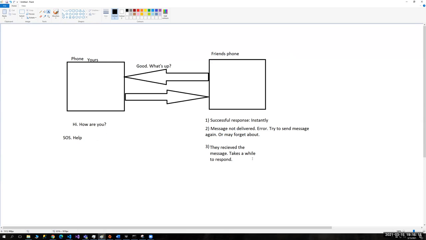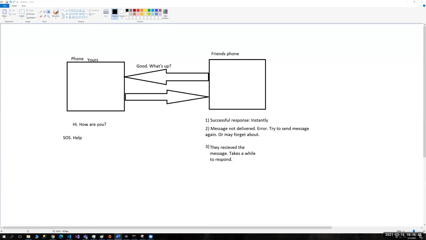And sometimes it may take a while. In those cases, you either send the message again and again, or you would try to send it to a different person, right? So depending on the situation, you can either get a successful response, or sometimes you will never get a response. Sometimes they may take some time to respond, in which case, in case of emergencies, you may want to contact someone else,